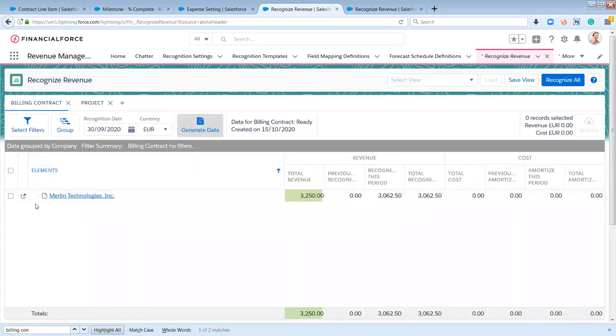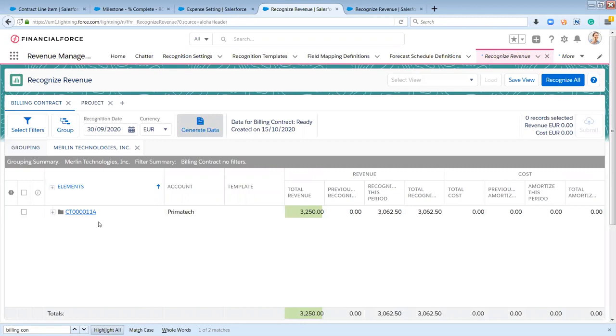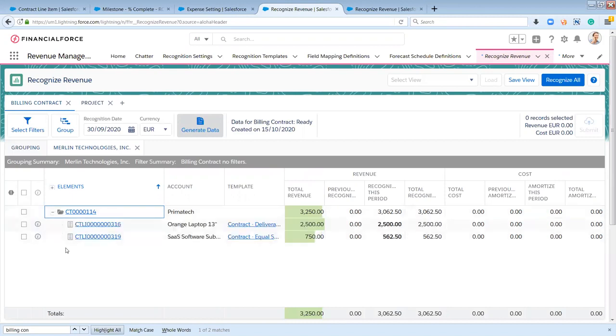So the transactions are available for recognition. They have been grouped under this company. If I want to see the breakdown of this amount, I can click on this icon. And it shows me the contract base off of which this amount is being prompted for recognition. I can further drill down to see the contract lines, and I can see the description of the products, underlying